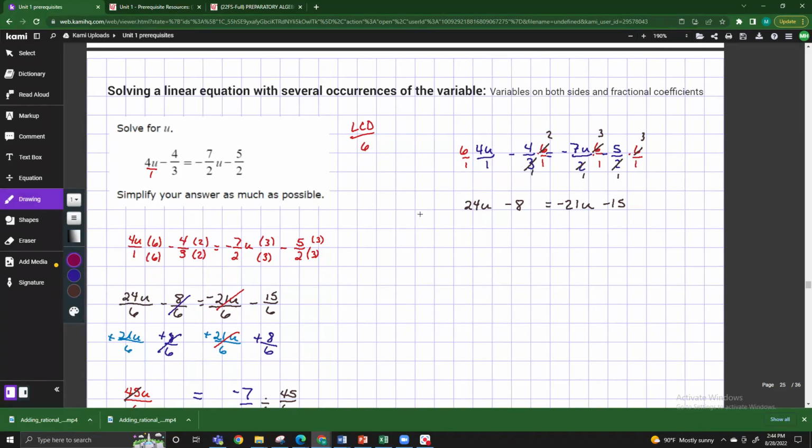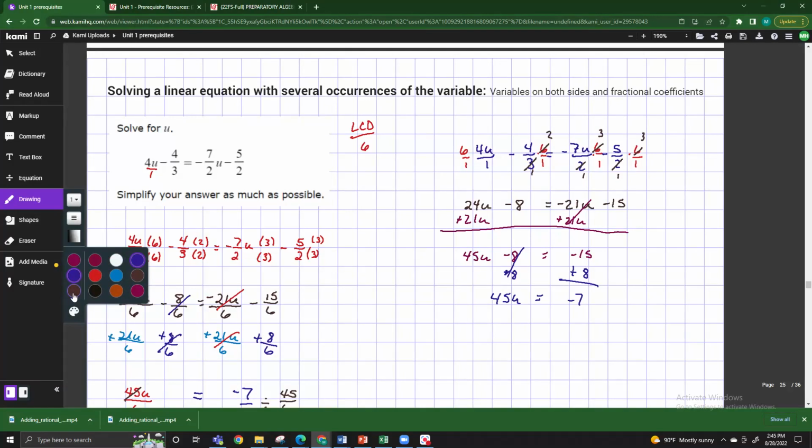Now we're going to move all the u's to one side and all of the plain numbers to the other. So I'm going to add 21u. 24u plus 21u is 45u minus 8 equals, these cancel out, negative 15. Add 8 to both sides. And we have negative 7 equals